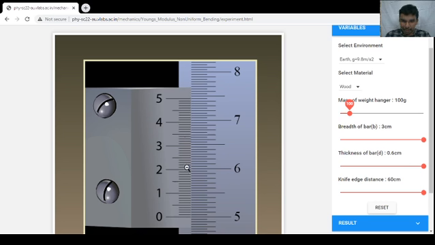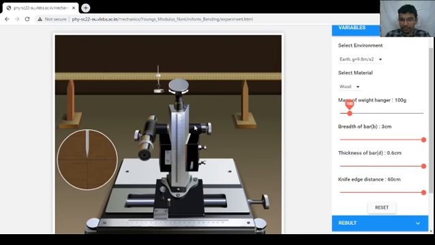Say for example, 48 is coinciding. Then similarly 150, 200, 250 and 300. Like that we can